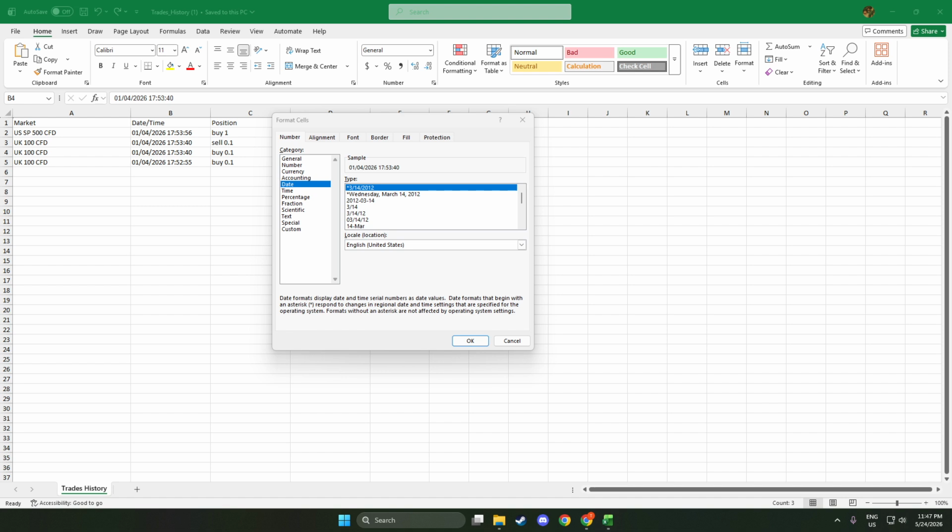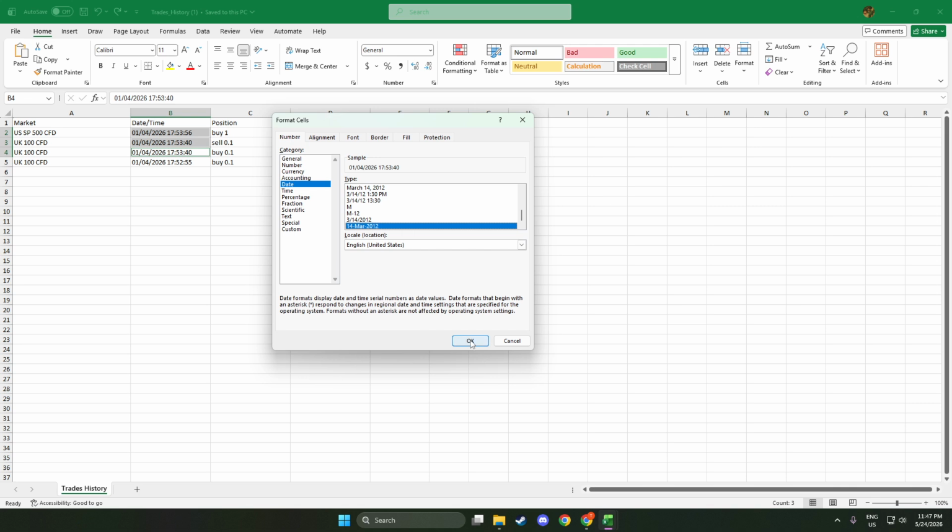Finally, choose a format or type your own. For example, typing MM/DD/YYYY shows two-digit months and days with a four-digit year, while DD-MMM-YYYY displays a day, a three-letter month like Jan or Oct, and a four-digit year. Use D for day, M for month, Y for year, and add separators like slashes, dashes, or spaces to suit your style. You can also include time, such as HH:MM if your dates include it.